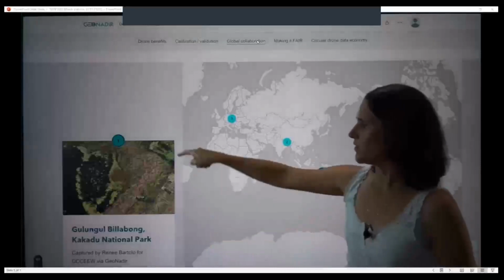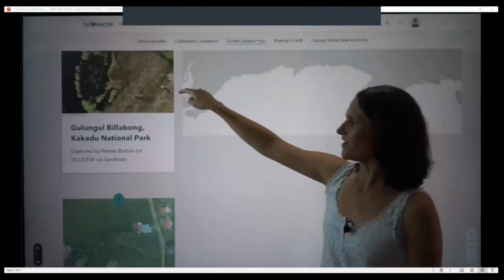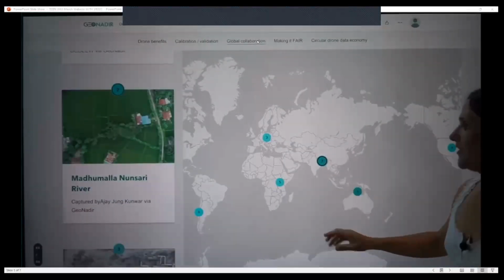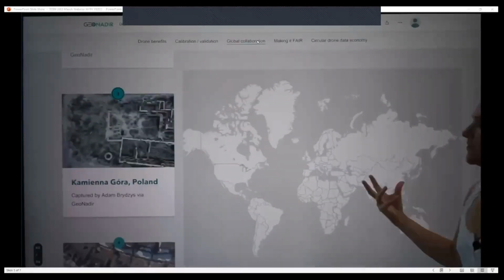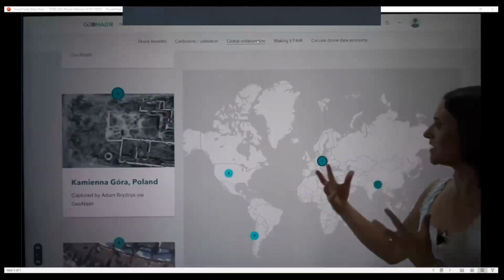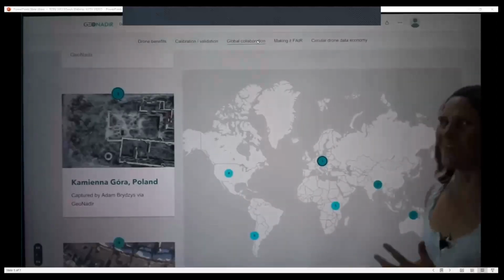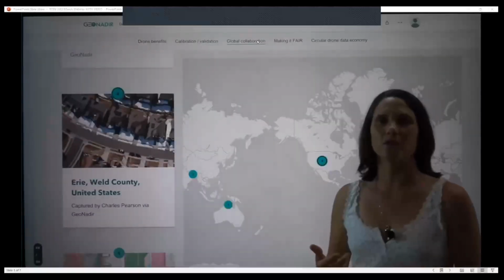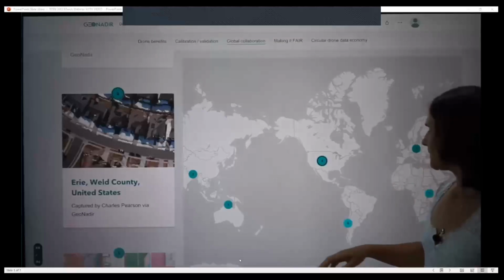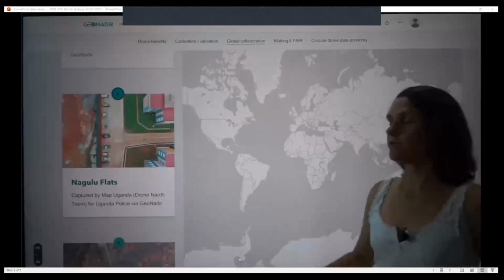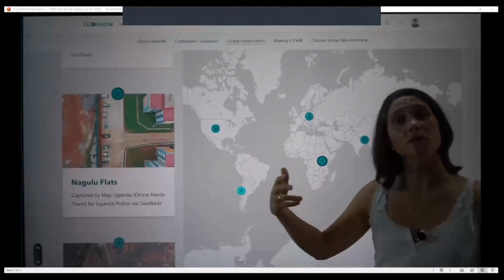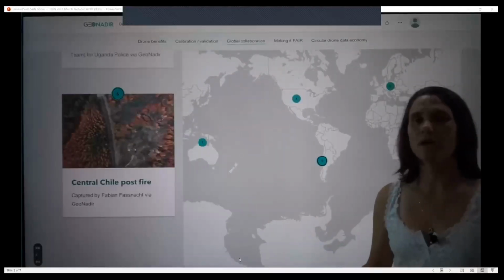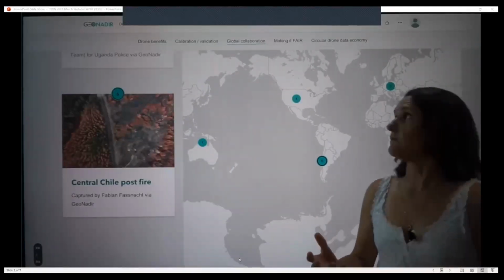And so, for example, we've got Renee Bartolo working in Kakadu National Park. We have collaborators in India and Nepal. We can go up to Northern Europe, and in this case Poland, and look at some of the glaciers and other really, really cold areas around the world that maybe we don't necessarily get the opportunity to get to. We can come into the US, and again, we've got, in this case, some urban infrastructure. What about if we head on over to Africa? In this case, we're hitting Uganda and looking at urban infrastructure there and what the differences are as well. Or even into South America, where we're looking at post-fire and some challenges that we have in the ecosystems over